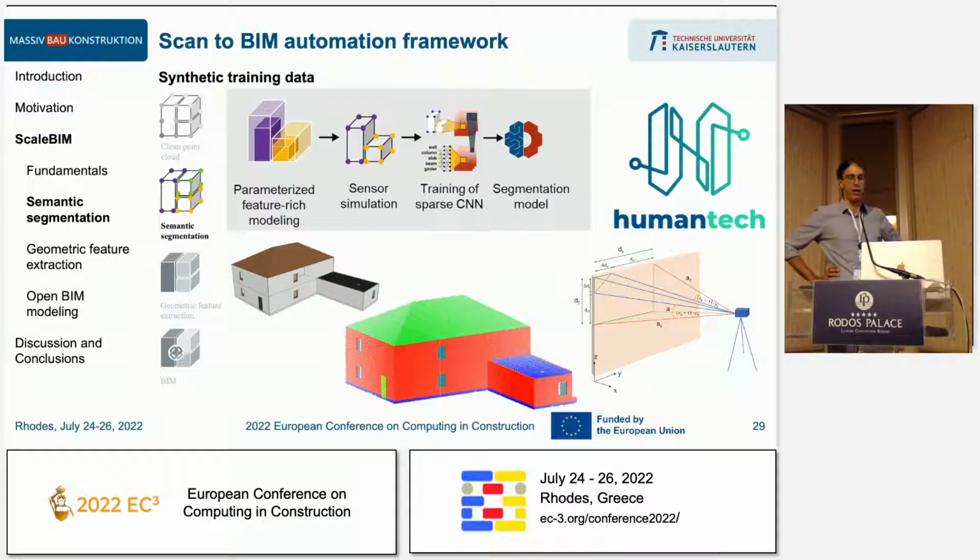That's work in progress. We have done some attempts on this, but there is a lot of work, also if you consider the features that you will find in actual buildings and transfer these into a parameter space to get realistic training data.